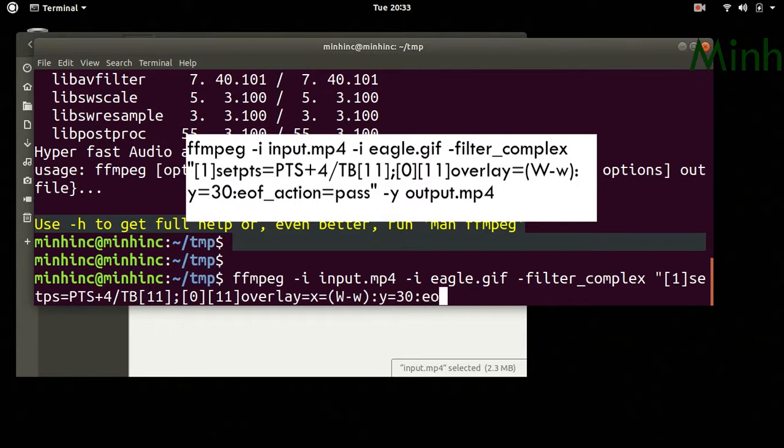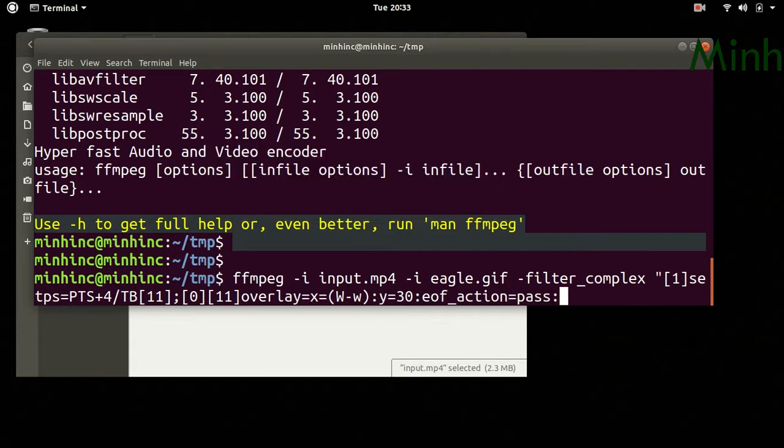We need to put eof_action equal to pass. We need to put enable. I think we don't need it right now, we'll see. So the idea here is that eof_action pass means it will run only once.